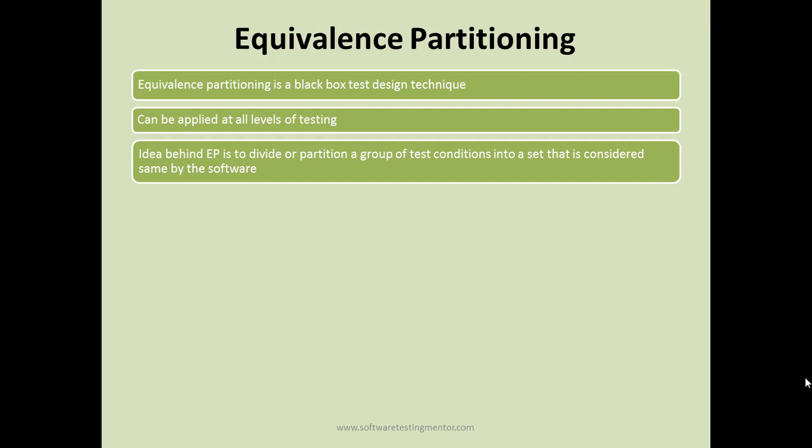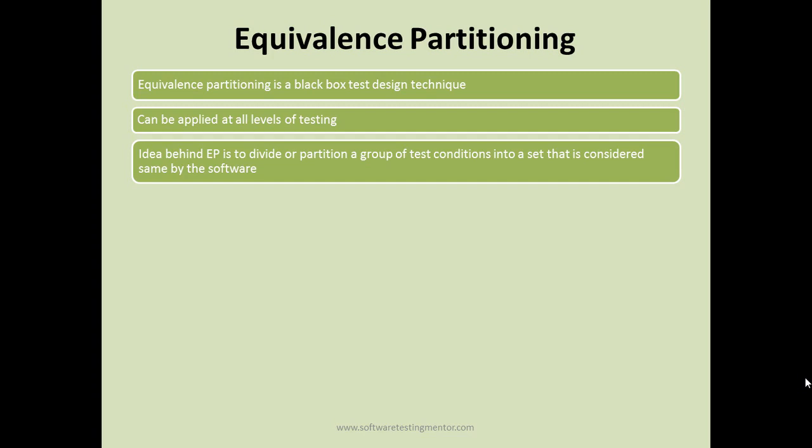So that text field will accept the numbers between 1 to 100, and there will be two invalid partitions for that text field. One will be anything less than 1 and the other invalid partition will be anything greater than 100. So that's a fair bit of the idea